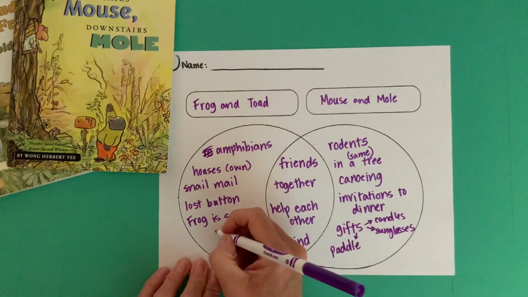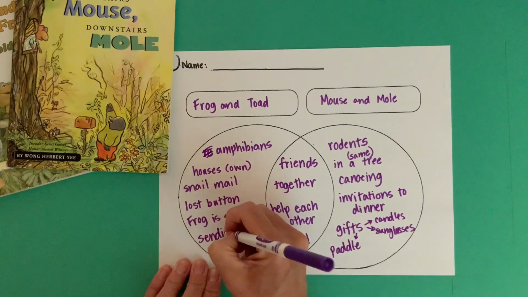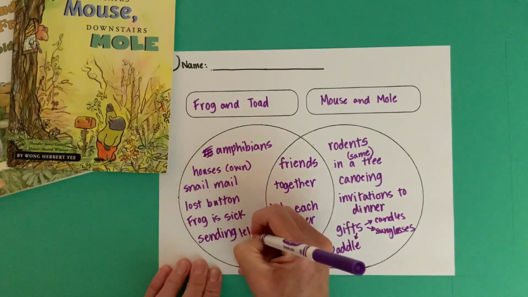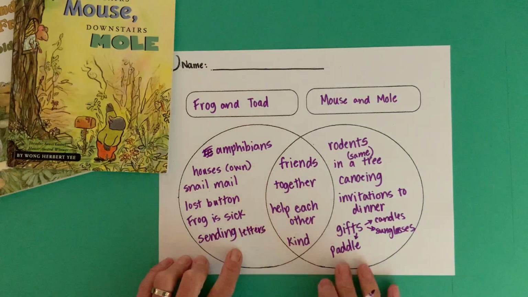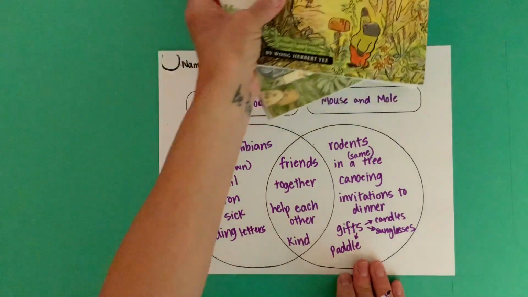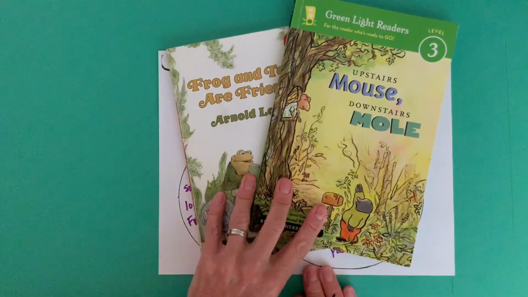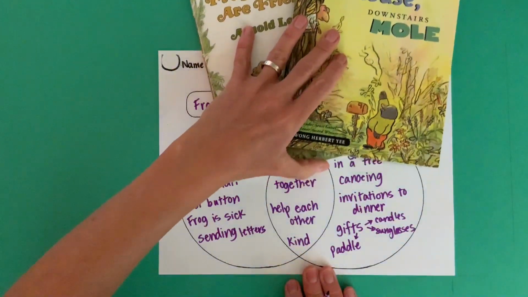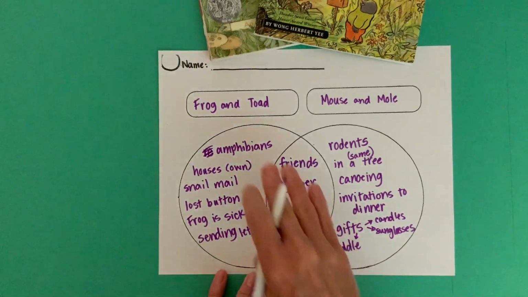In Frog and Toad, sending letters, right? They realize how important it is to get letters from each other, just to make someone else feel good. This is a way to compare and contrast because readers will take a good look at their books and compare and contrast. Today, we practice comparing and contrasting by using a Venn diagram to organize our thoughts in ways to think about